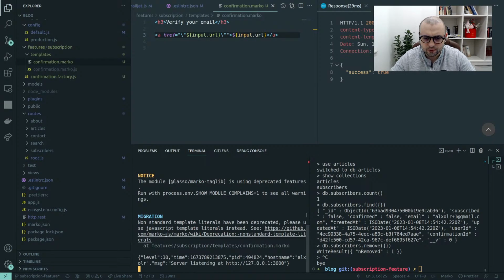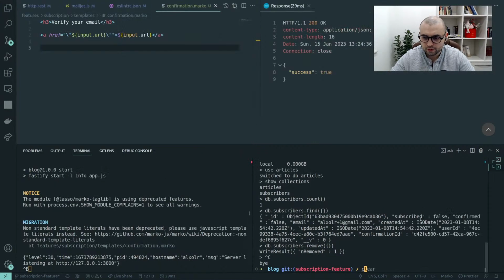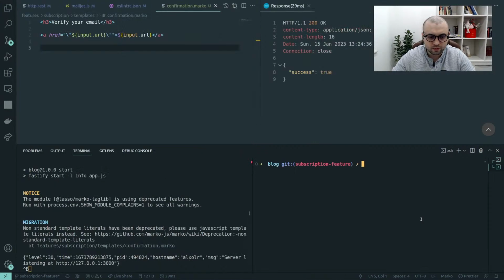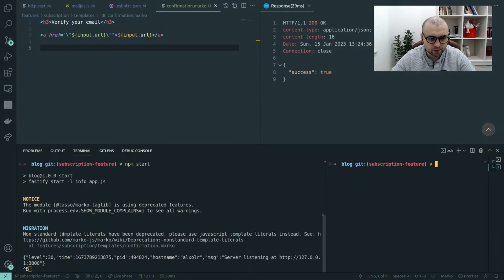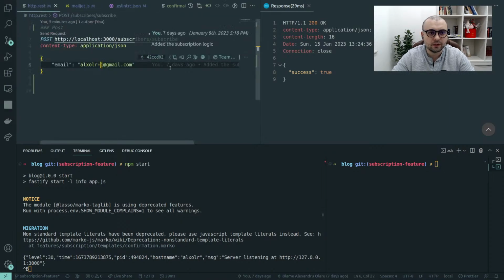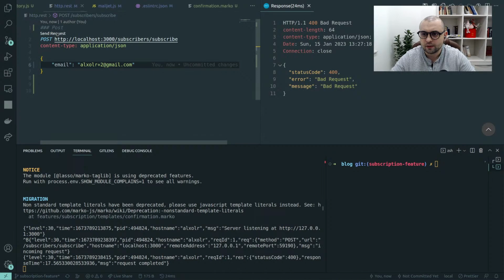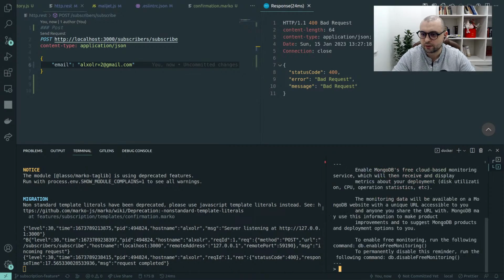Looks like some Marco problem. No standard template, but it's a warning. I'm good, warning stuff, I'm fine with it. Yeah, let's use another email and send it. So we have a bad request. Yeah, looks like I cannot do it like that. So probably I'll need to